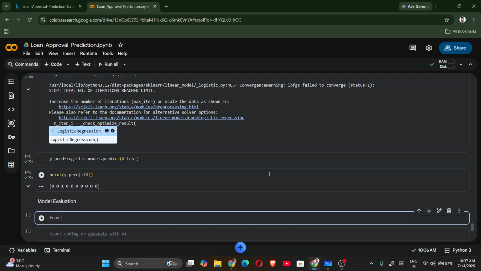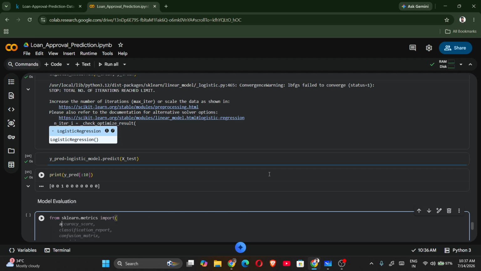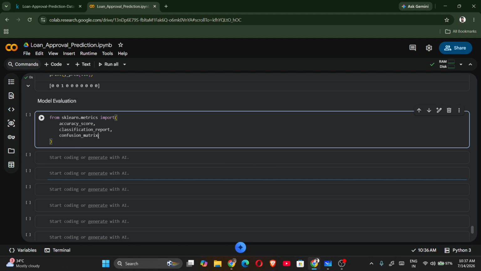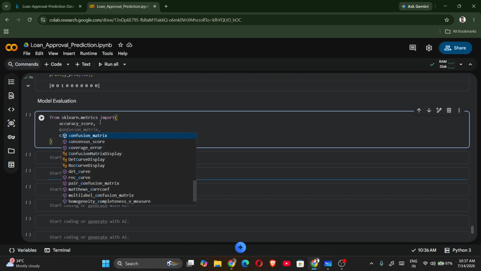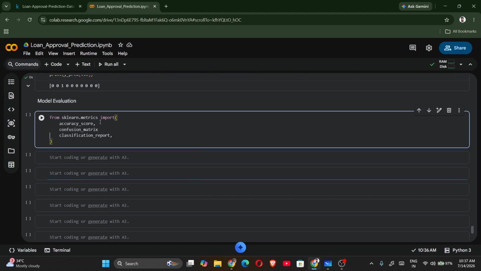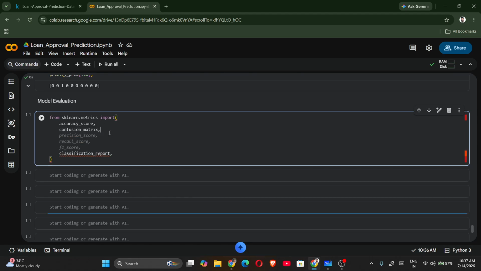So from sklearn.metrics import first accuracy_score, and then we will be having confusion_matrix,